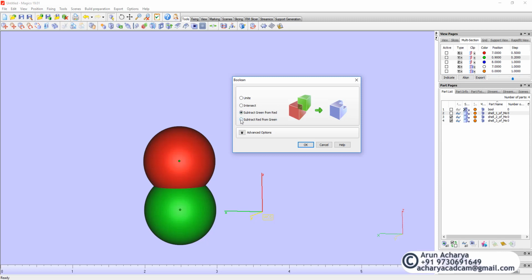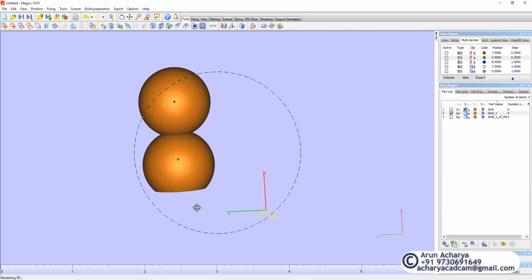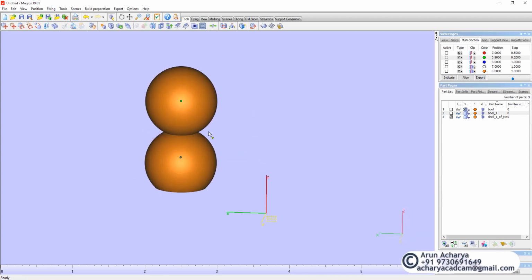So just make sure, keep it simple. You want to cut a green one, cut green. This is the cut green, and this is cut red. So this is what cuts red from the green. So you just press OK here. I usually do no, and that's it. And this was hidden, as you can see. This is back, and this is yet